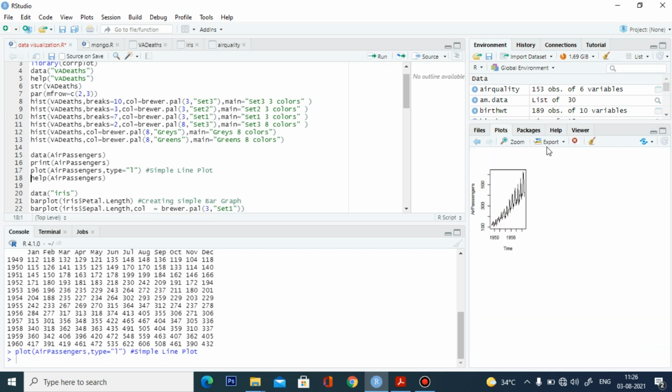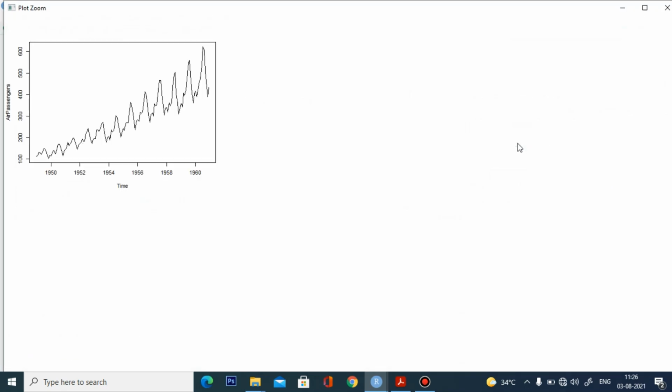Okay, so this is your output. Here it shows the number of people over the years from 1950 to 1960. It's increasing. The number of people who travel by airway, or who use the airplane for traveling, is increasing over the years. So the line chart is very helpful to identify the trends over the years, or the evolution over the years, how it changes, whether it increases or decreases. So this is one of the important visualization techniques in R.